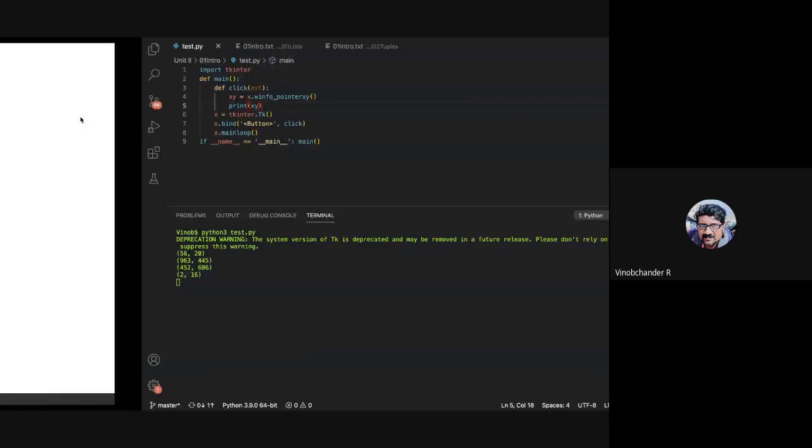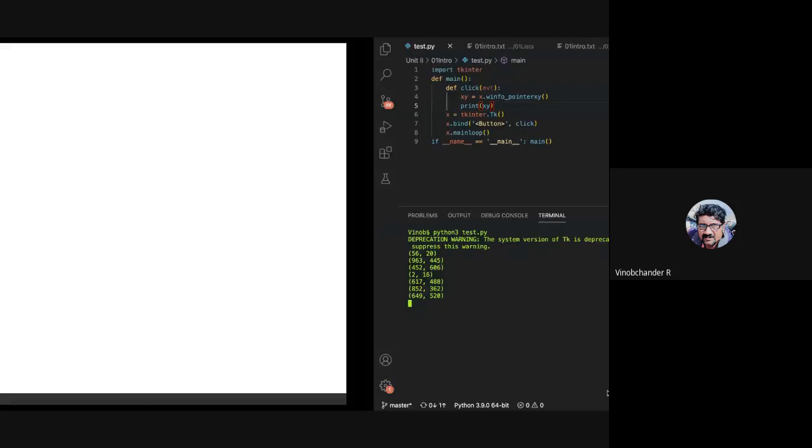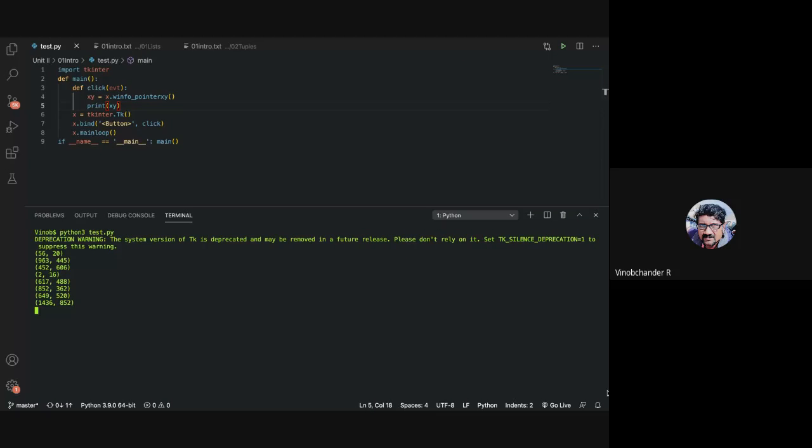Yes, students? Sir, by moving the mouse to the end point, like the bottom left corner, we get the resolution of the screen. Yeah, of this window. Not just move, I have put it under a button click. Okay. So what I do here is click, 1436, 852, almost close. Yes, sir.